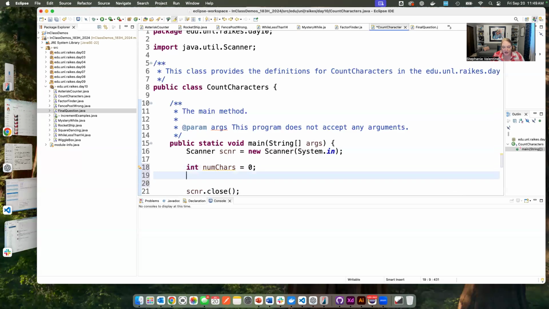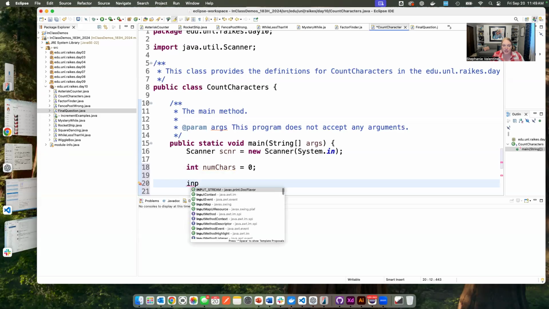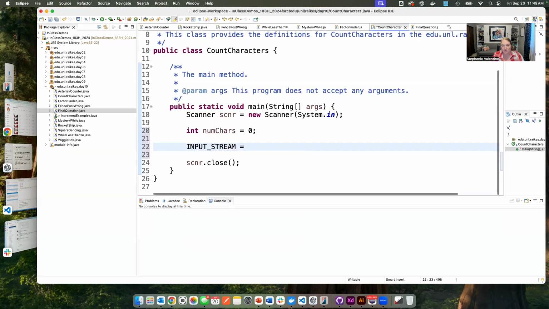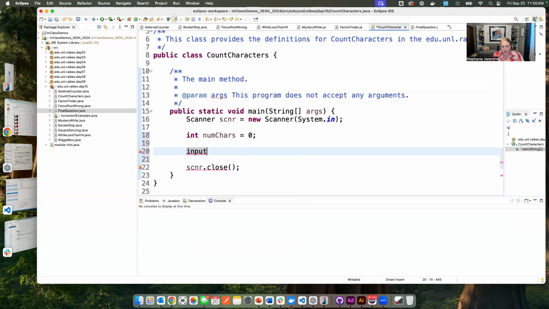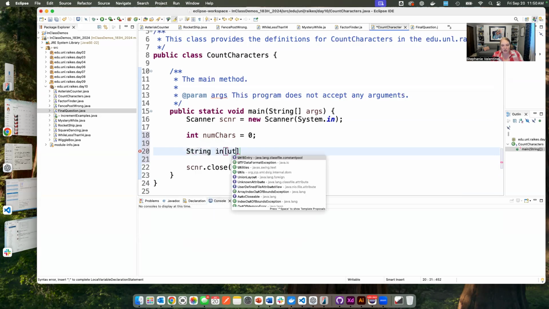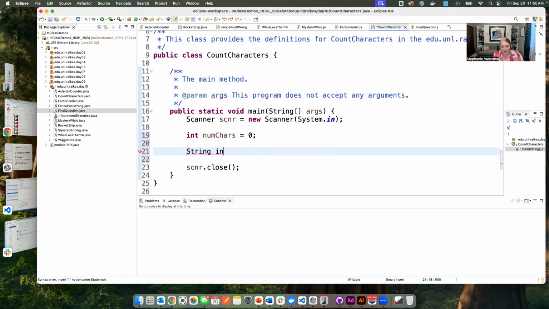Now we need to have an input of some kind. We need a value that represents the user's input. So let's say input equal, I should call it a string. That's probably why it did weird things. String input